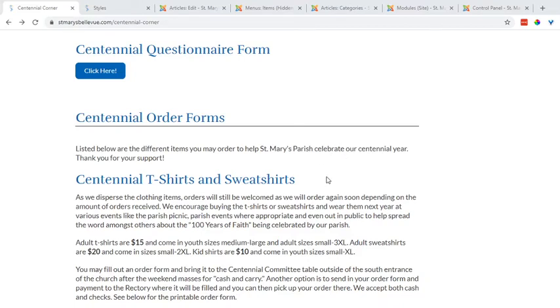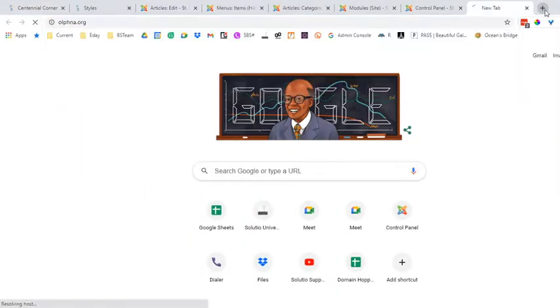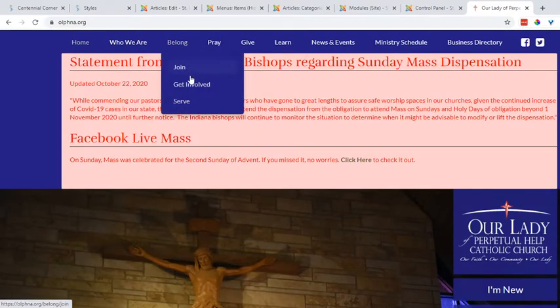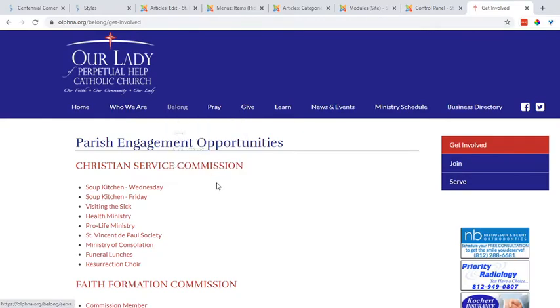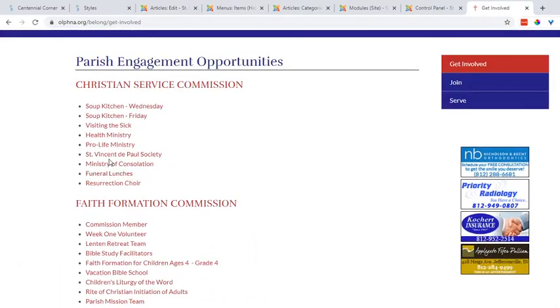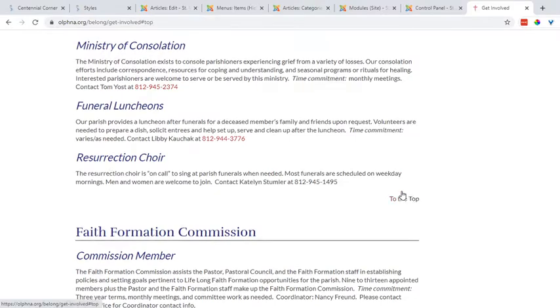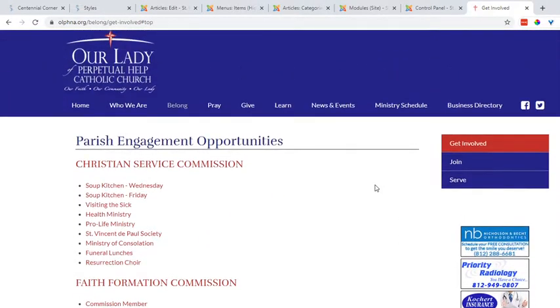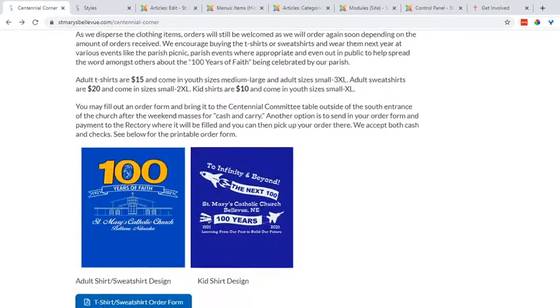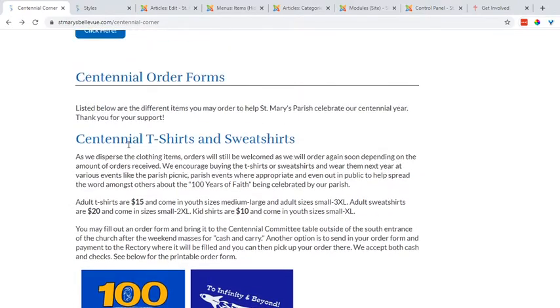In this video, I'm going to show how to create what we call anchors. Here's an example of how they function on this website, Belong and Get Involved. At the top of their page, they have listed all their ministries, but if I click on one of them, it takes me to that description farther down the page, and then of course I can go back up to the top to navigate, quickly getting around without having to scroll. So I'm going to show you how to do that on this Centennial page, where there's information about